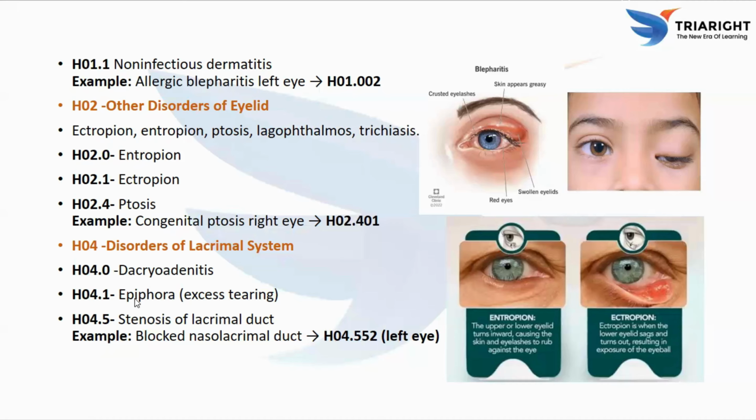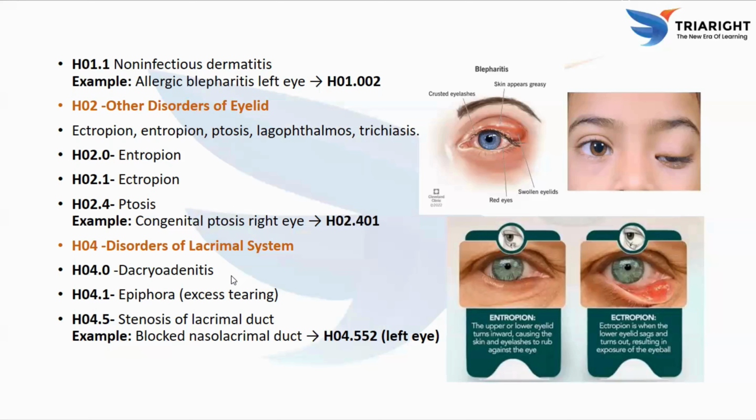So next, coming to the H04 category code. H04 describes the disorders of the lacrimal system. The lacrimal apparatus includes the lacrimal gland, which produces the tears, and the lacrimal sac and duct, which drain the tears. So disorders may cause dryness, infections or tear drainage problems. So how are they classified in the H04 category? H04.0 for